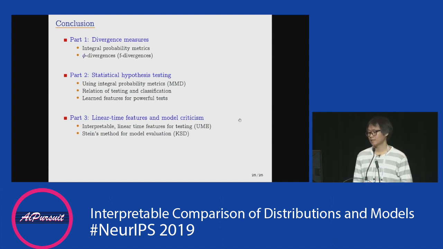And in the last part that I just covered, I introduced one linear time two-sample test, the UME test, that is also interpretable by outputting the test locations. You have seen the KSD, which relies on Stein's method. You have also seen the linear time extension of KSD, where you have the same notion of test locations as in UME. So if you would like to know more, here is a list of references,